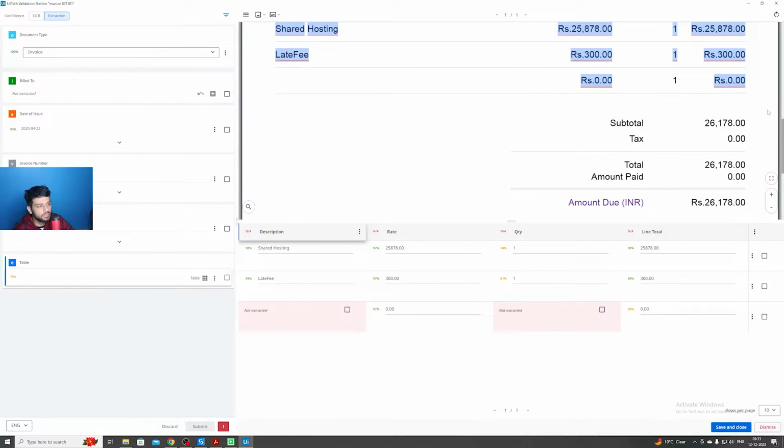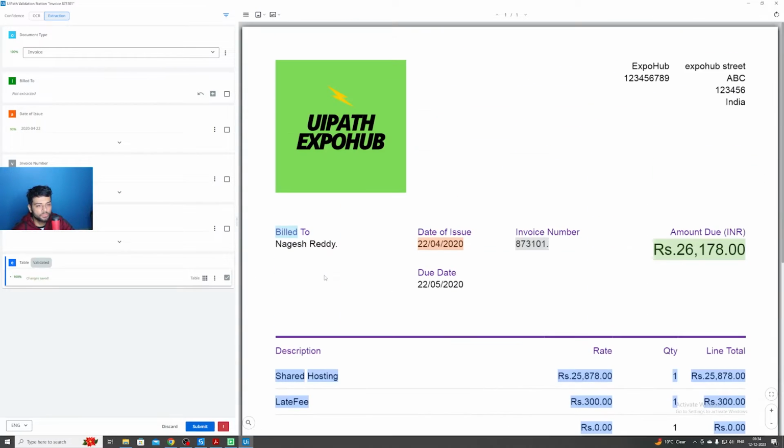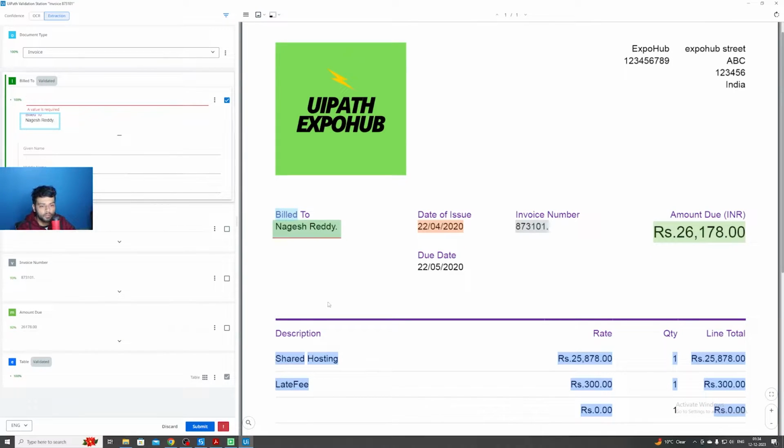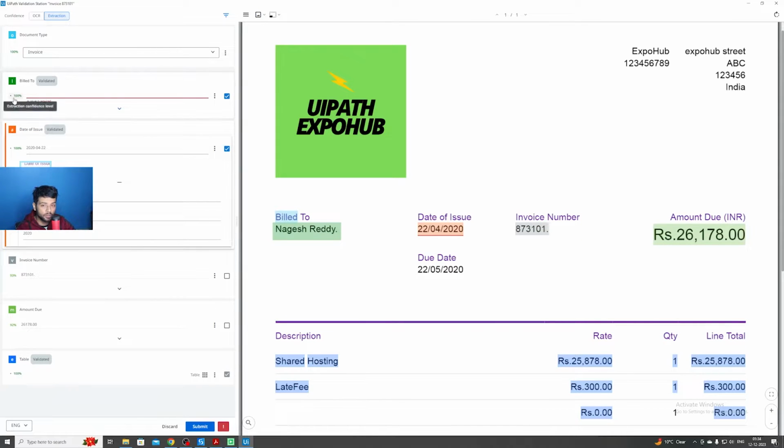So this thing is not extracted because, so let's go with, okay, save and close. Okay, so let's go with custom area and Nagesh Reddy over here. Okay, cool. Let's submit it. See, if you confirm that the extracted value is correct, so your confidence score will